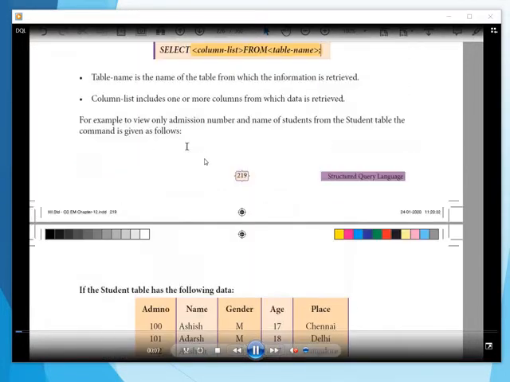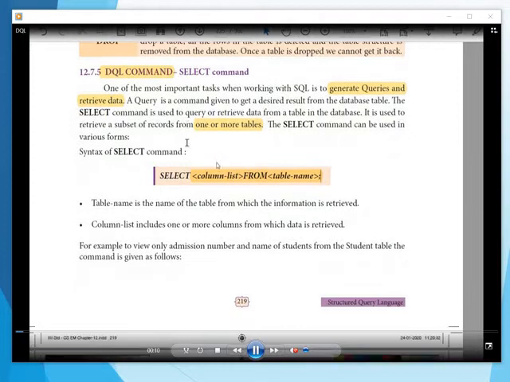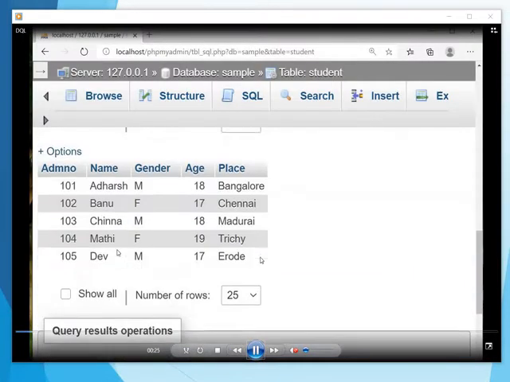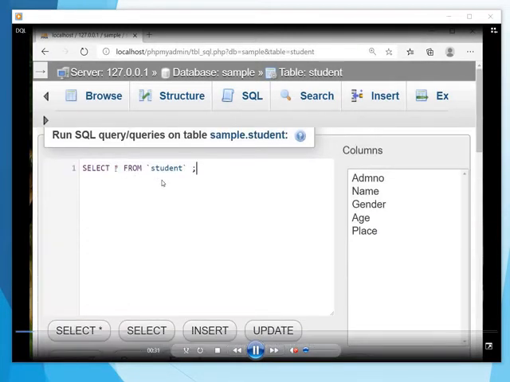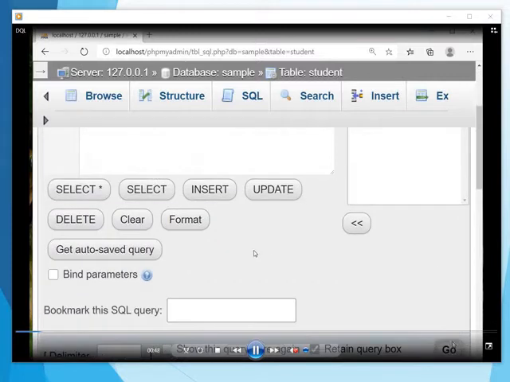So select admission number, we are going to see. The given records in the table are 101 to 105. Select star from student means it will select all the records. So this is a DQL command. So how we can give another DQL command means we are asking to retrieve, that means select admission number, name from student. So we need only two columns of data.